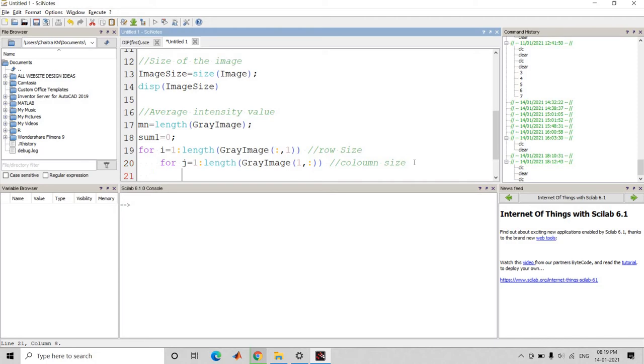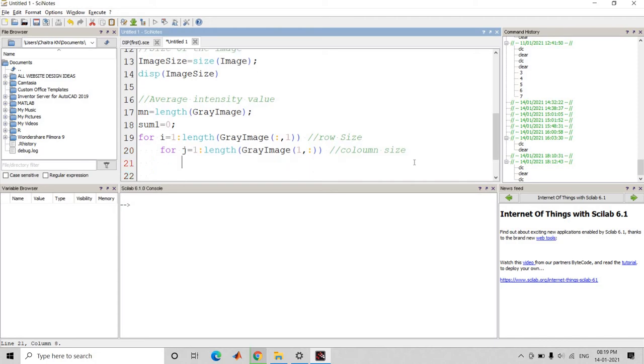Now we have to start summing all the intensity values within a matrix. So for that, sum1 is equal to sum1 plus double of gray image of I comma j. It is the same way as we do sum of n numbers of elements in an array, but here we do sum of m cross n intensity values in a matrix.